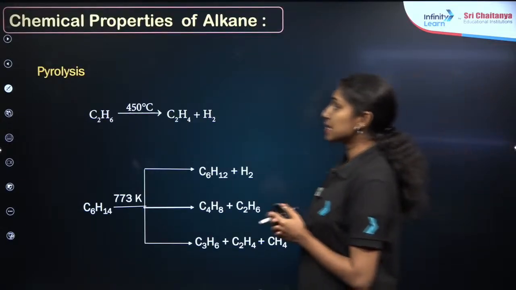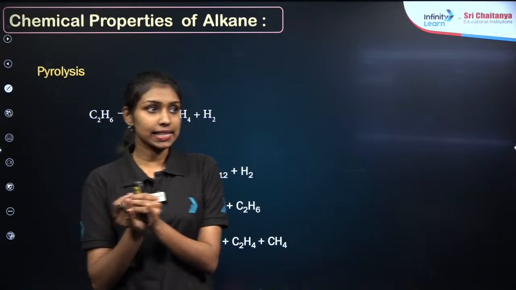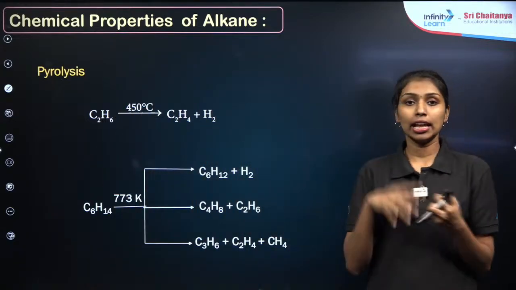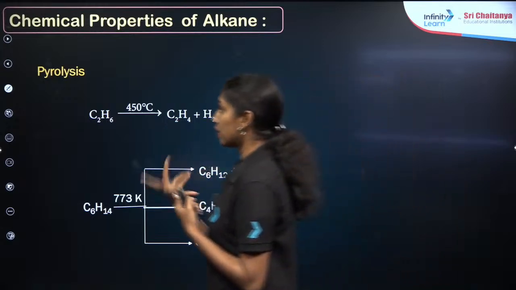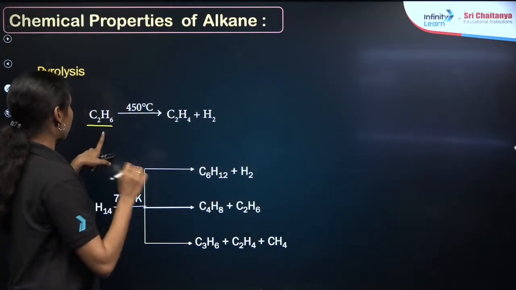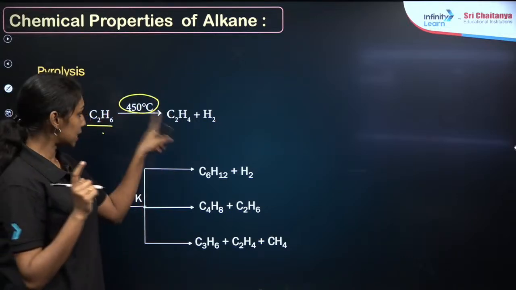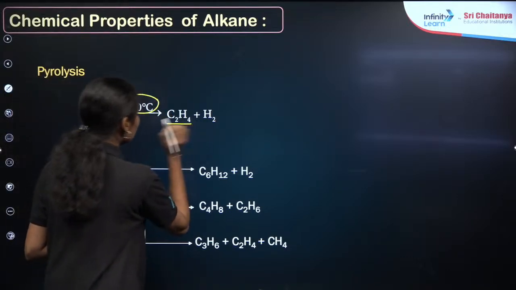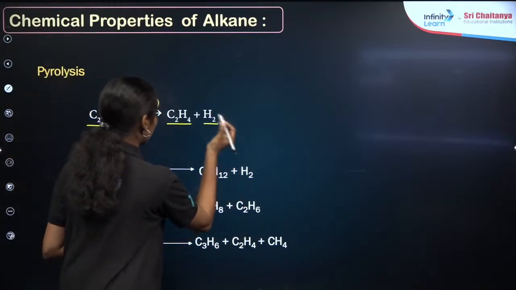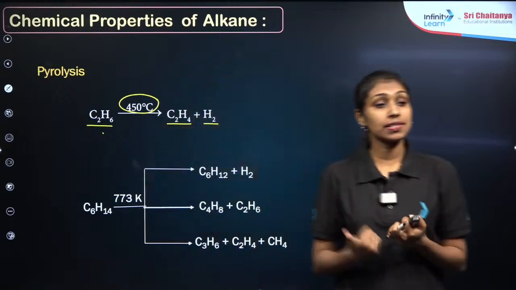Then the last reaction, that is pyrolysis. If you are heating any of the higher alkanes, you will get lower alkane products at high temperature. For example, if I am taking an ethane molecule and heating at a high temperature of 450 degrees Celsius, it will give the product C2H4 plus H2. Then another condition, if I am taking a hexane molecule,